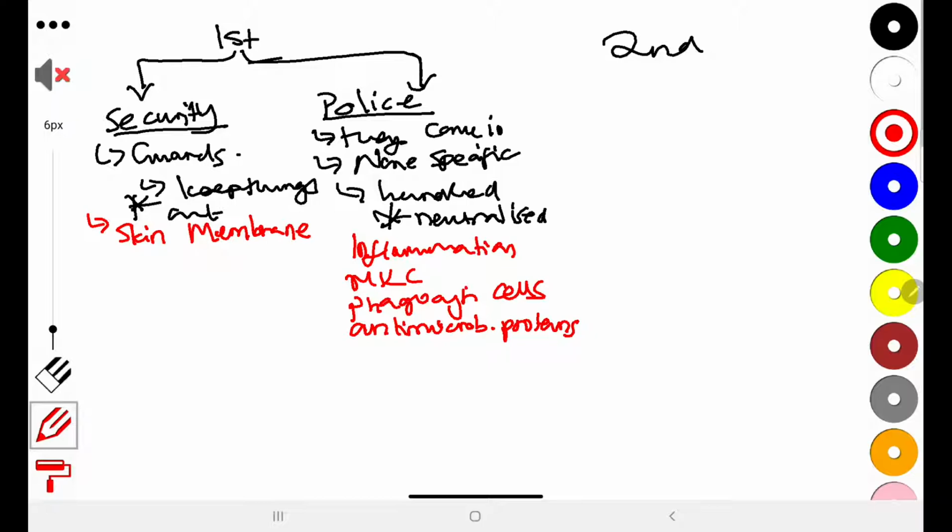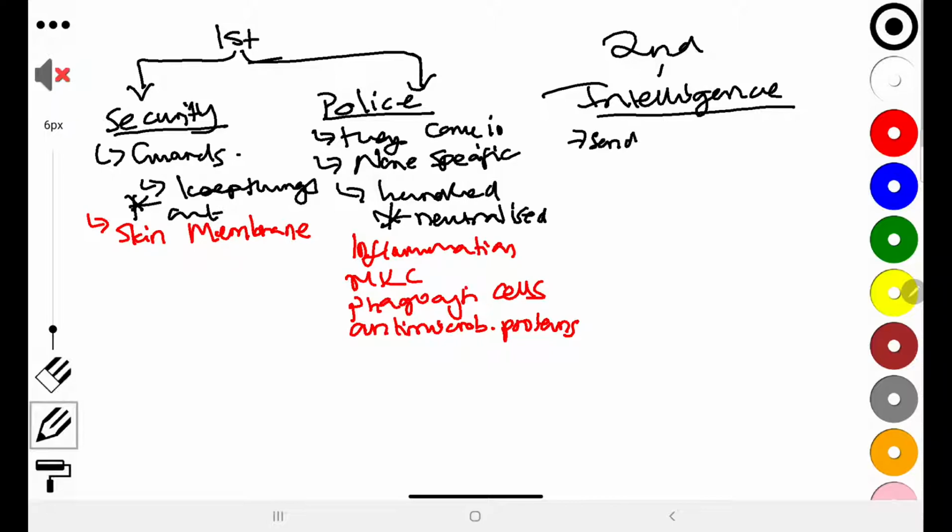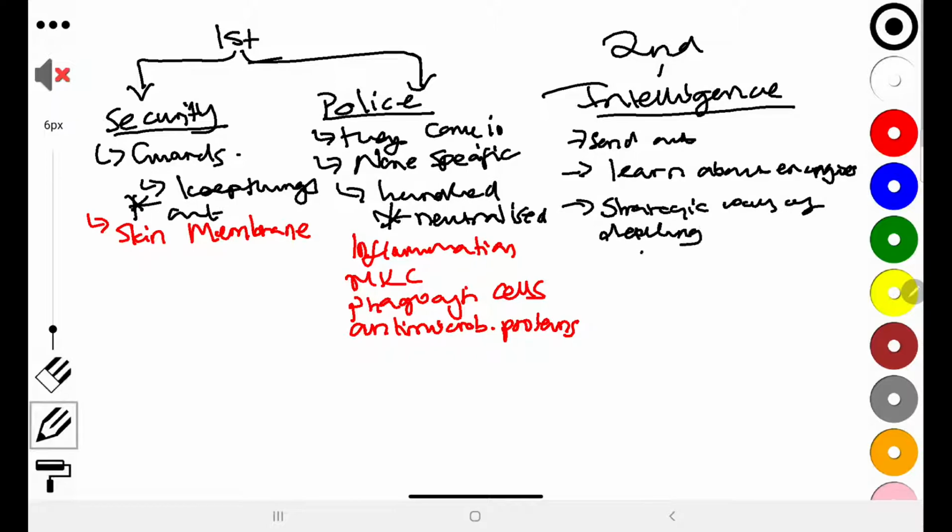All right. Then we have the third one. The third one is the one that is known as the acquired. Now, in the acquired, the analogy of this could be intelligence. You've seen on TV, every government has this wing of intelligence, and their role is to send out individuals who learn about the enemies, so that once they learn about them, they have a strategic way of dealing with very specific